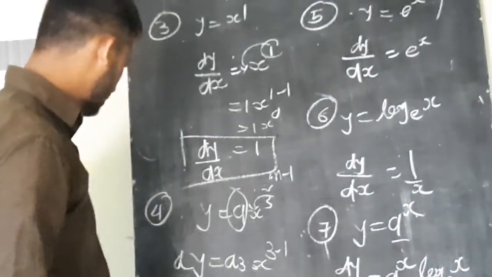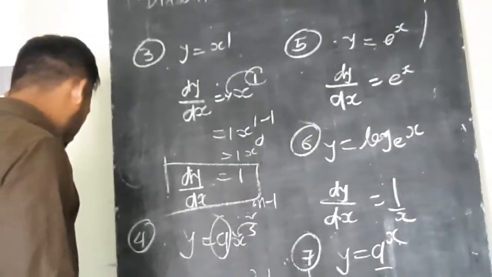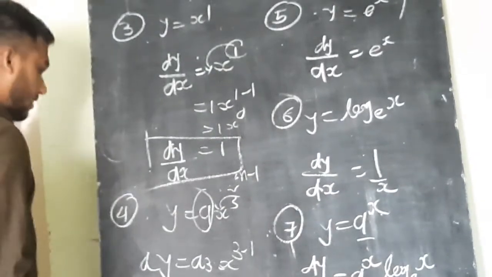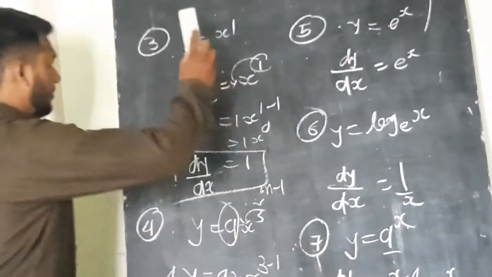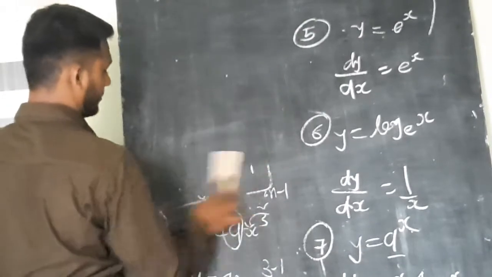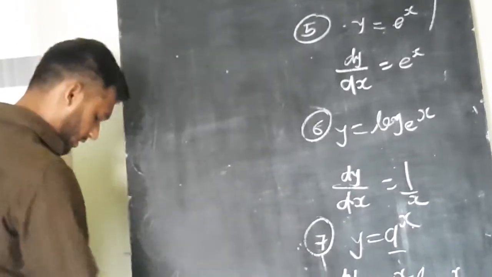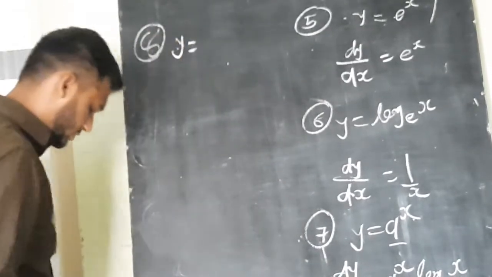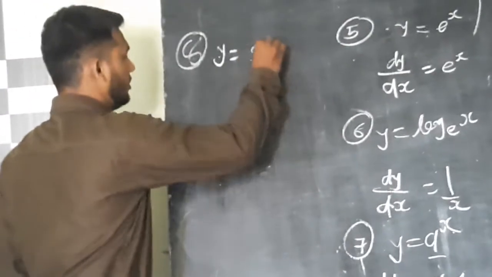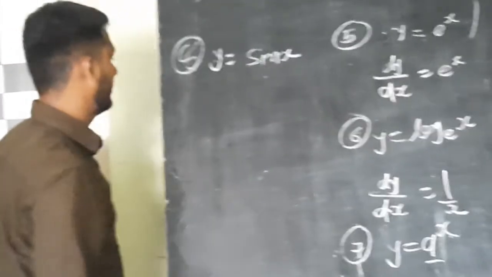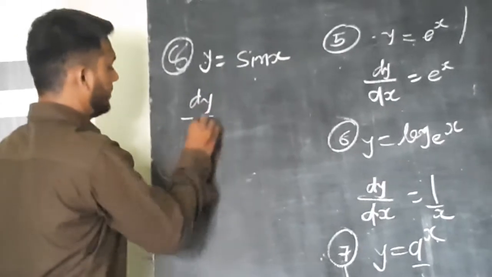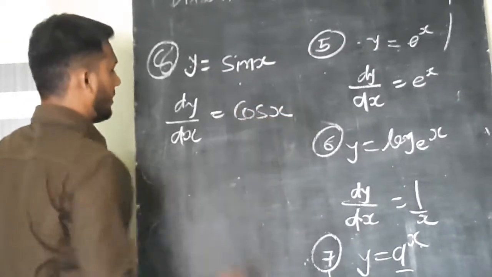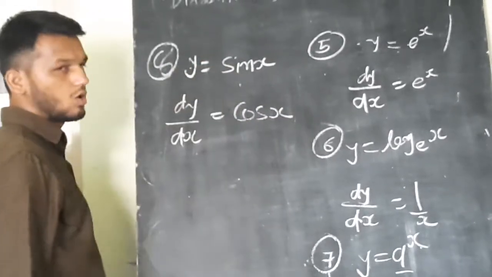Okay. So see here, now we have another example. Now we have another equation, equation number 8. So see here, y equals sin x. Okay, y equals sin x. So now we can get the dy by dx of this value: sin x gives cos x. So dy by dx of sin x gives us the cos x value.